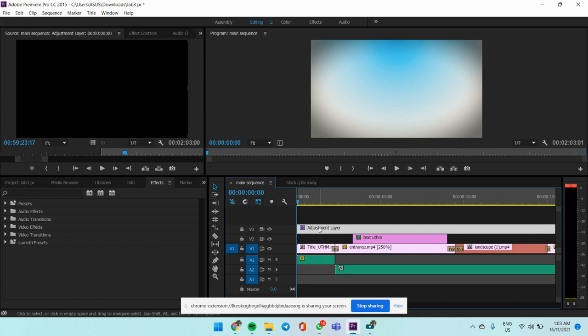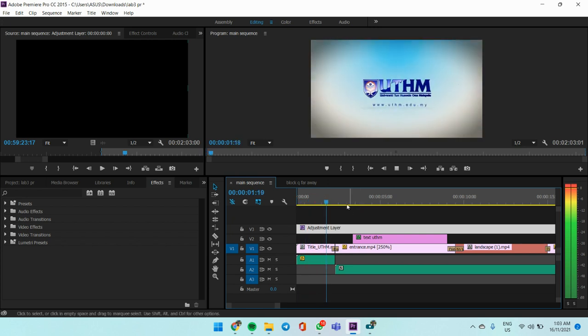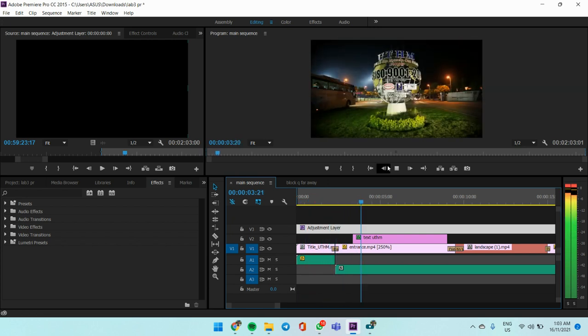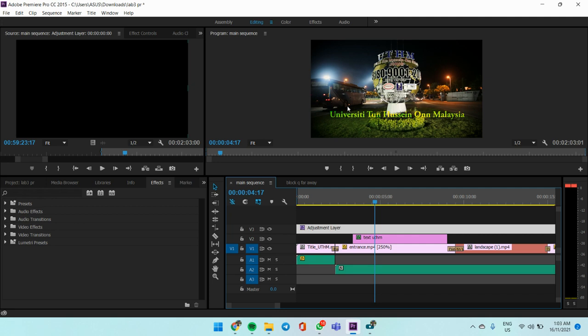So here we can see the adjustment layer for the transition for the video, from the video transition. And here it's for the tag UTHM. As you can see, we play the video. You can see a text from the picture,